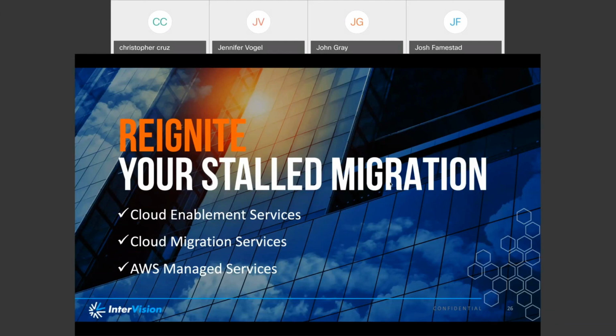Jumping on to one a little bit more financially focused here. So looks like AWS helps with funding for migrations. What's available there in terms of that funding? Yeah, let me grab that first. There's all kinds of funding help.